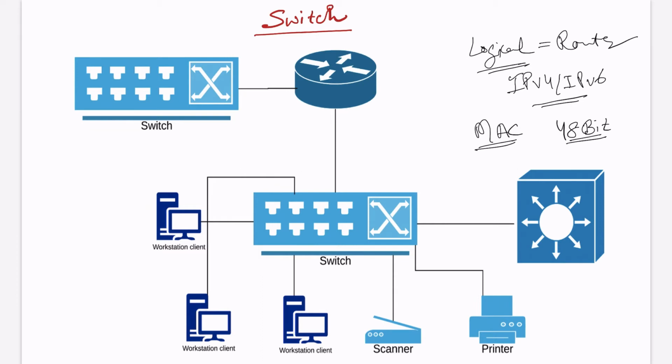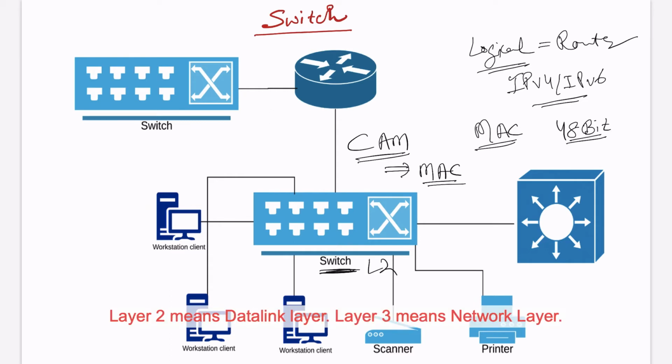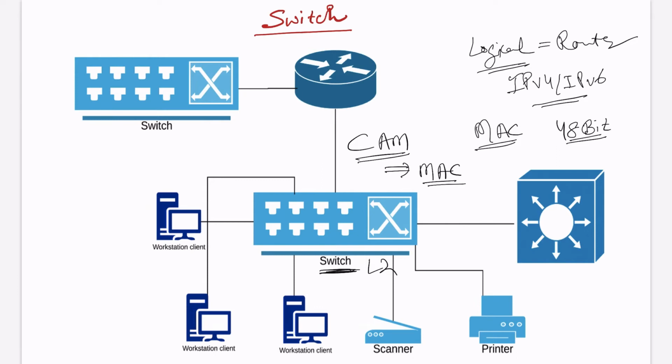It basically builds a CAM table, content addressable memory table. It is also known as MAC table. Both are same thing. And this works on layer 2. Means layer 2 switch works on layer 2, but layer 3 switch works on both of the layers, like layer 2 plus layer 3. Layer 3 is just a capability of routing. Means you want to add the routing capability on a switch so that you don't need a router. First, let me tell you how does it build CAM table, and then we'll talk about the multi-layer capability.